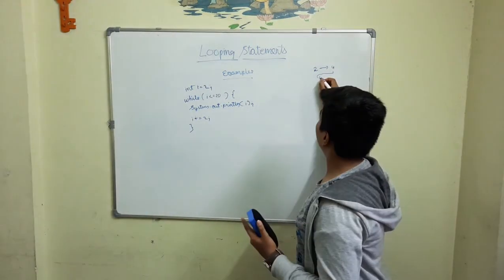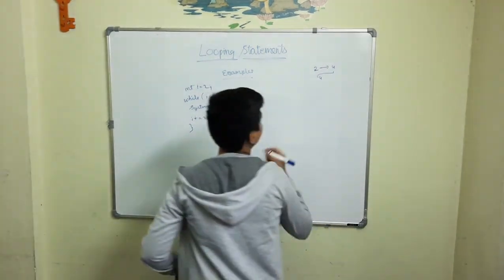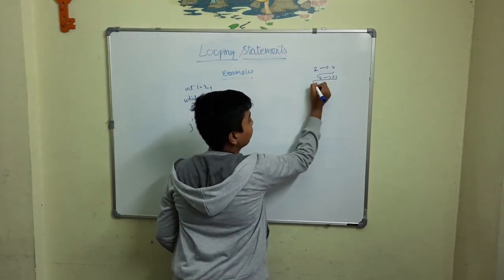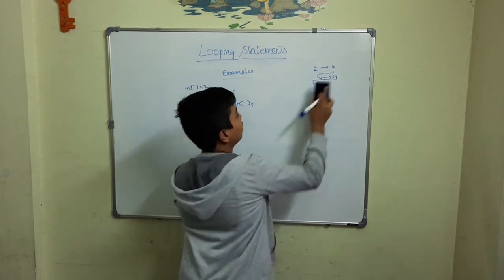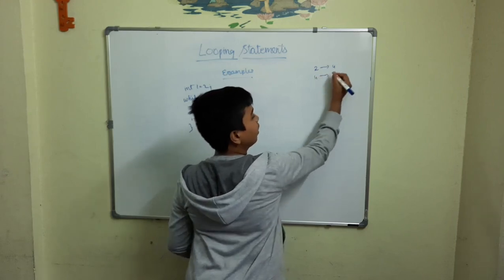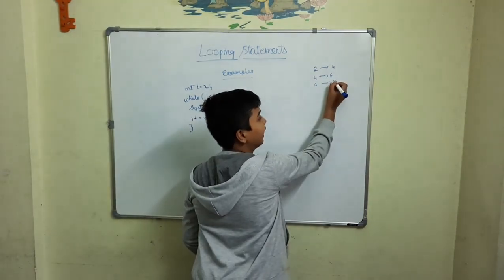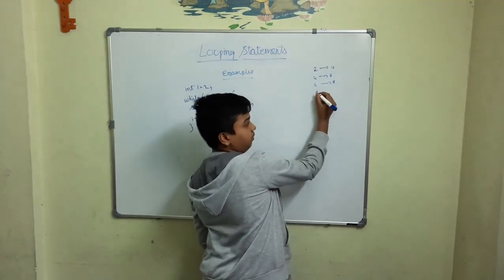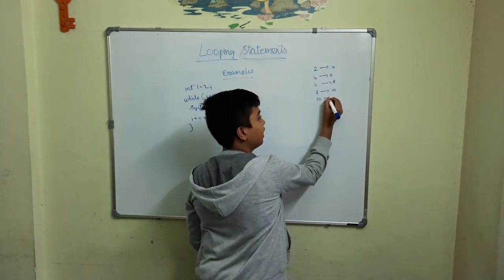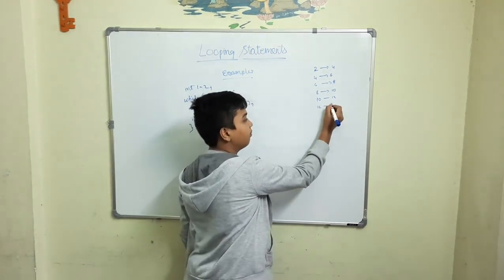So now it prints 4, because it checks 4 is less than or equals to 20. It's true. So it checks, then it increments the value to 6. Okay, then it starts again. It takes 4 and then increments to 6. Then it prints 6 and then increments to 8. Then it prints 8, then increments to 10. Then prints 10, then increments to 12. Then prints 12 and then increments to 14.